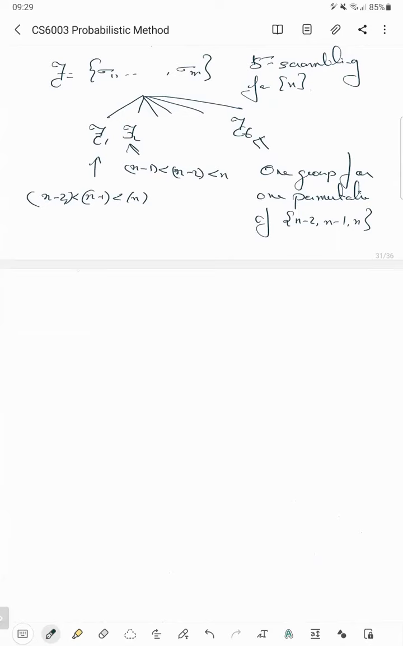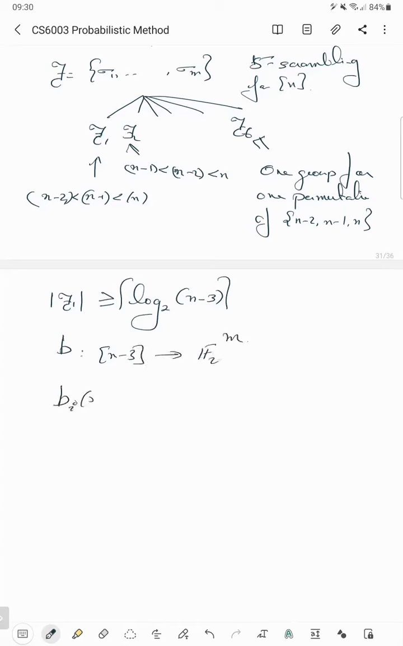Right? So for example, I can easily see that F1 is lower bounded by log of n minus 3 in this case. We don't have n minus 1 because 3 guys were special, so they move off, but this F1 we can lower bound by log 2 of n minus 3. How do we say? We again, for this alone, give a binary encoding b from this n minus 3 to F2 power m, where bi of x is defined to be